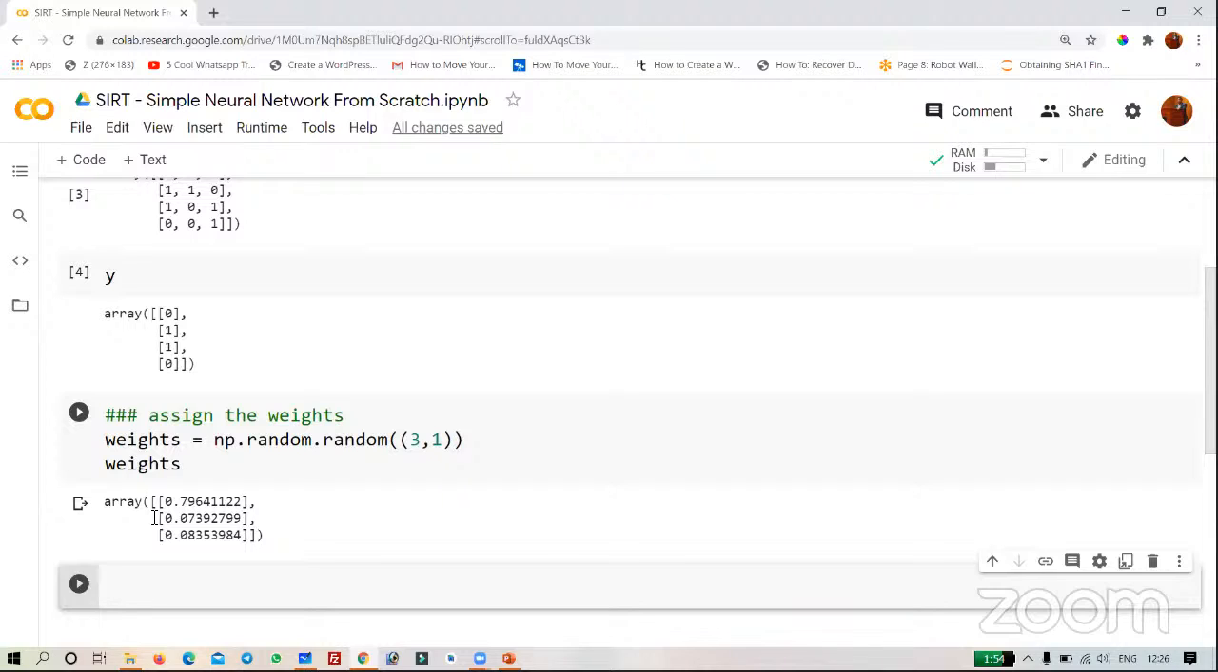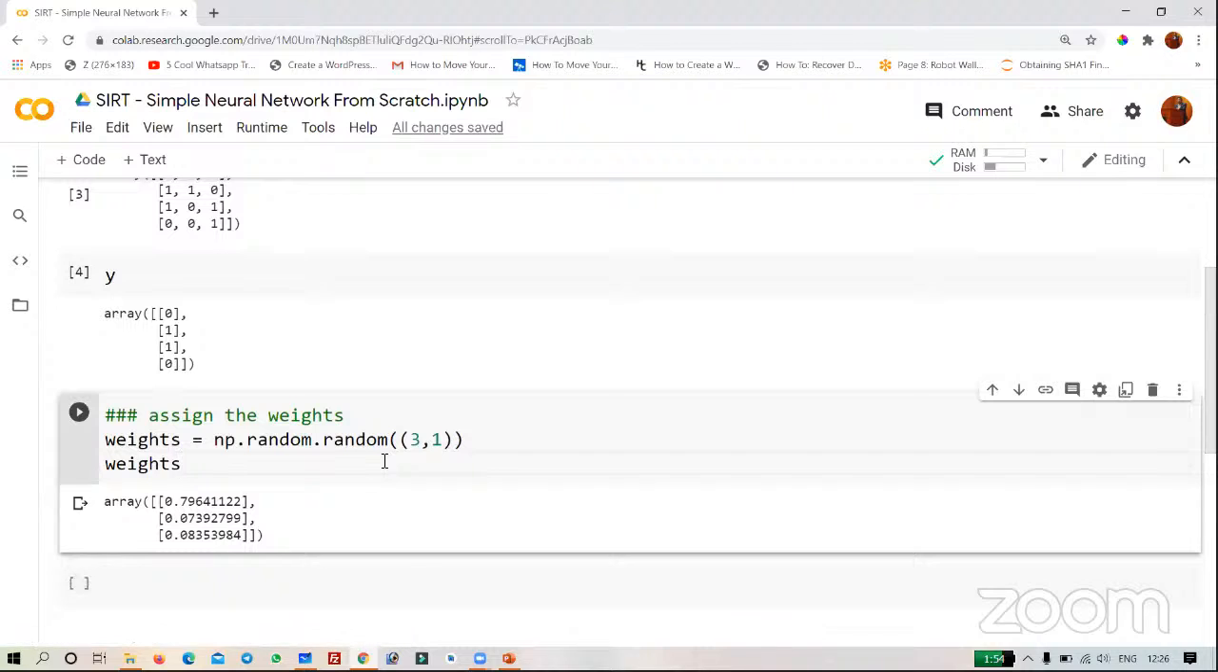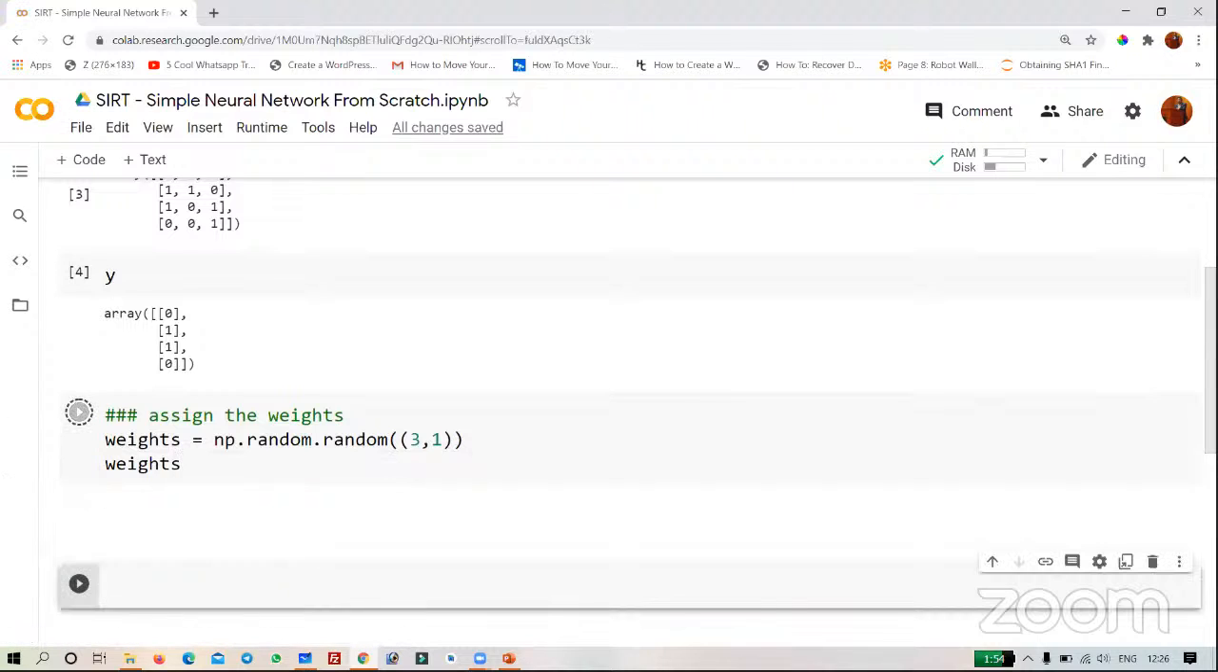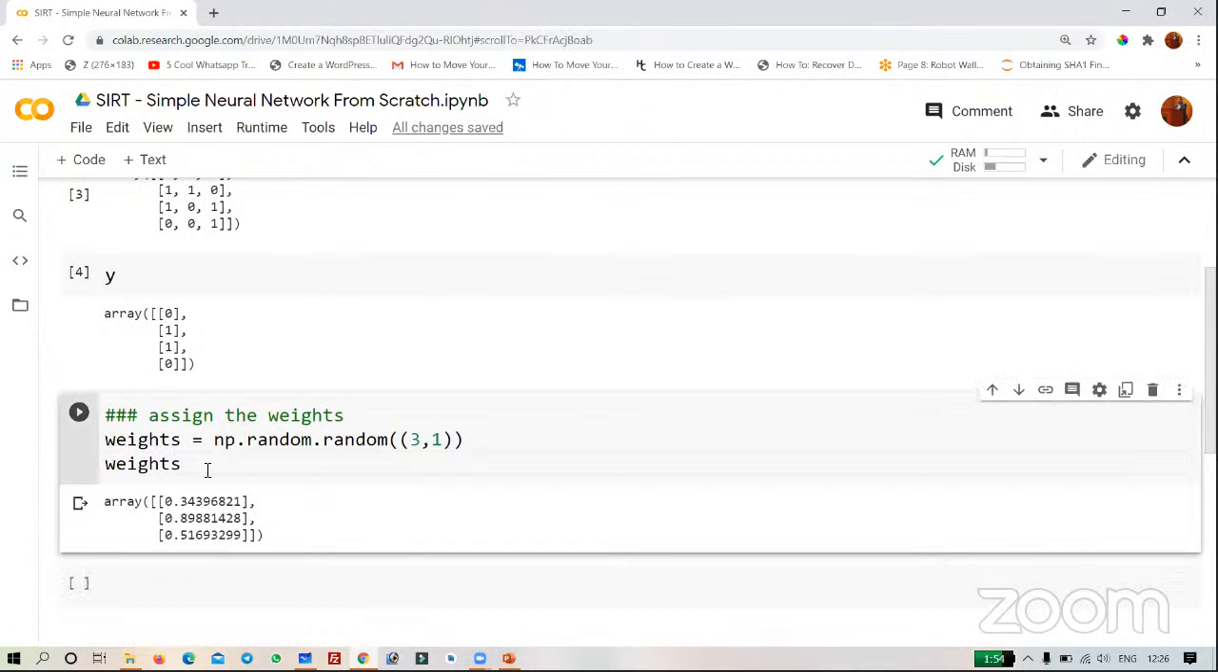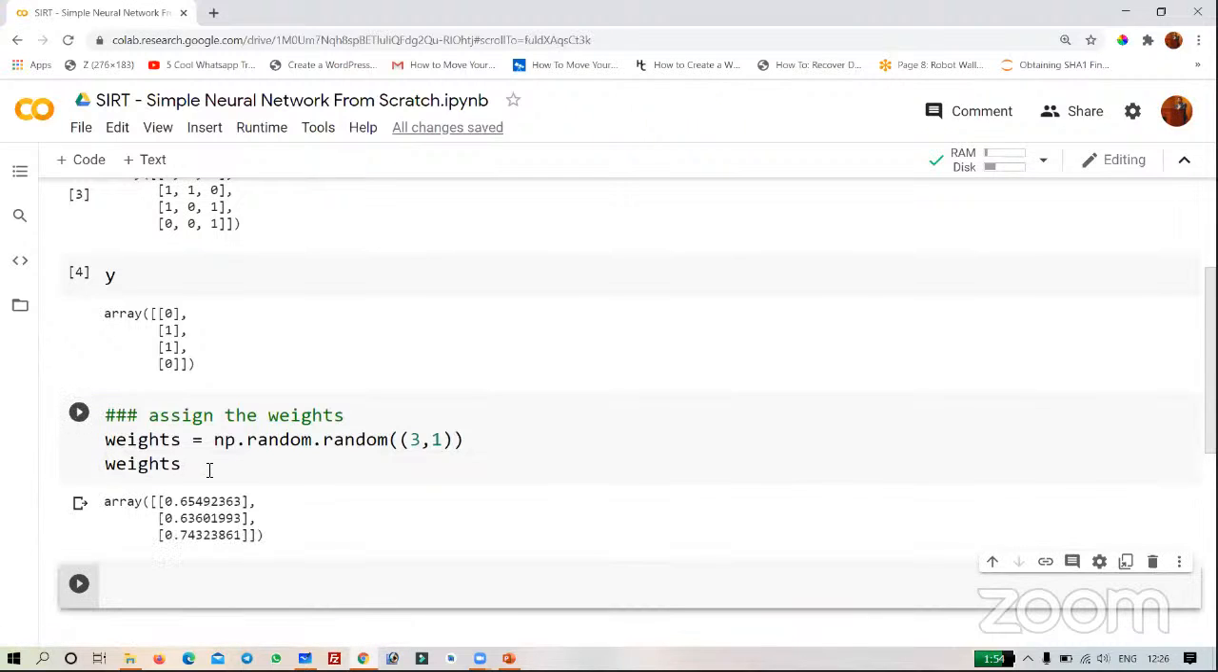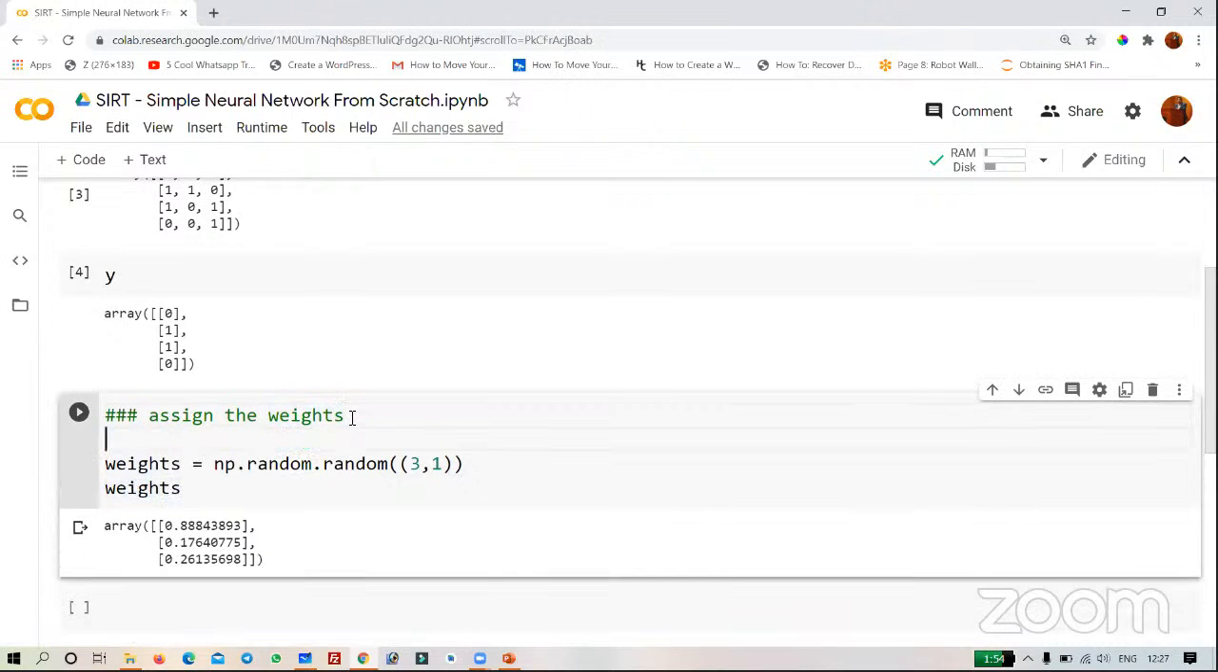We can do one more thing in this. Every time I'm running this, the weight is changing. Every time it is changing. So we can fix this weight. We can fix that it should not change every time. So for fixing this, I can write here